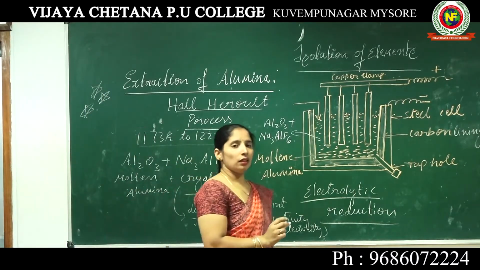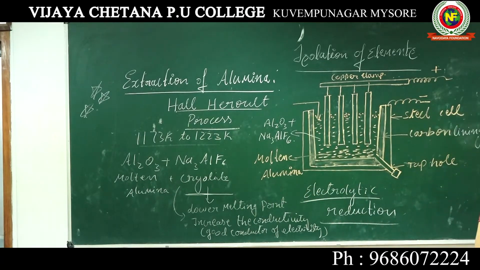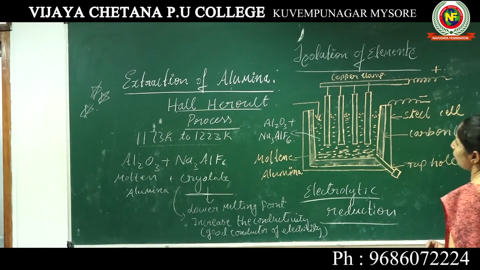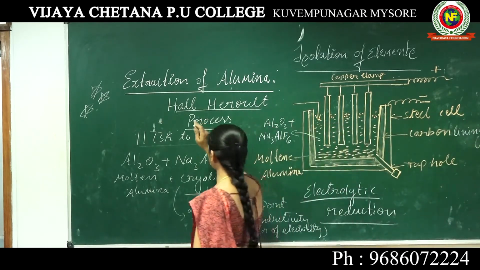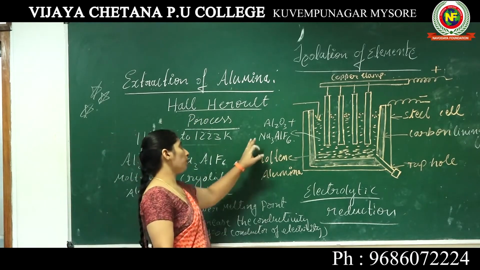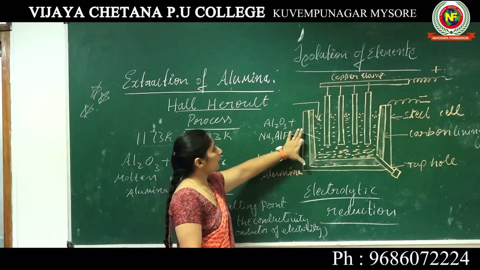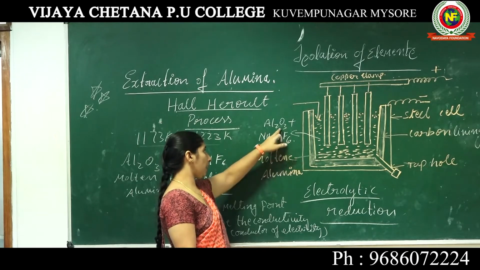They will ask about the extraction of alumina through the Hall-Héroult process. Explain the process for the extraction of alumina. Here once again I am repeating this concept, the extraction of alumina, since we are taking the ore bauxite. This bauxite is a molten mixture, with the addition of what?